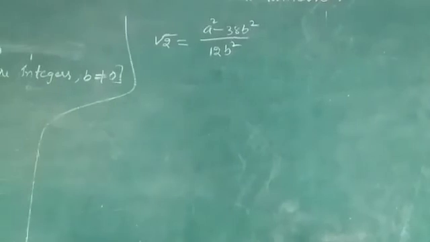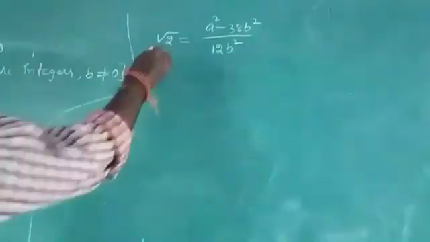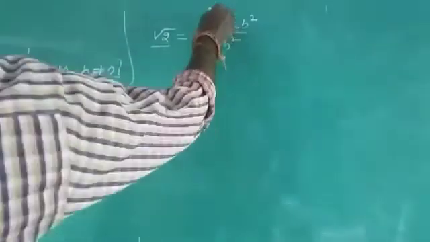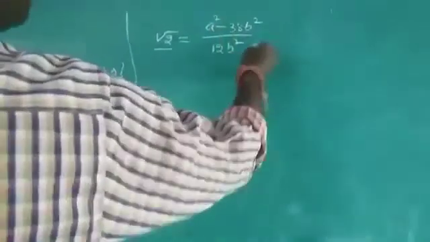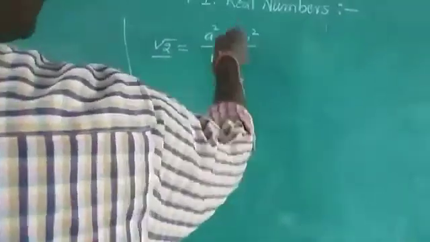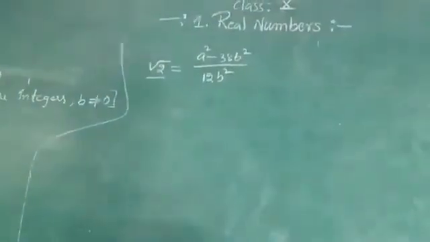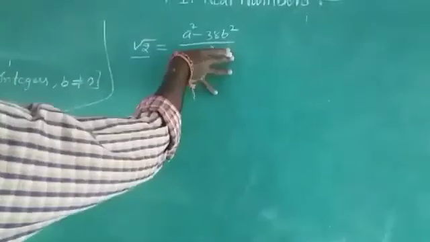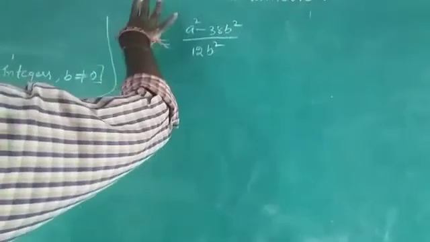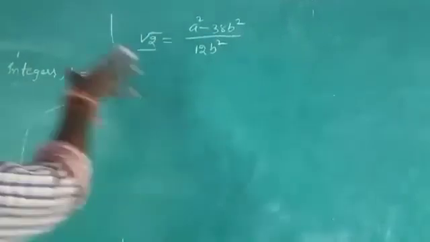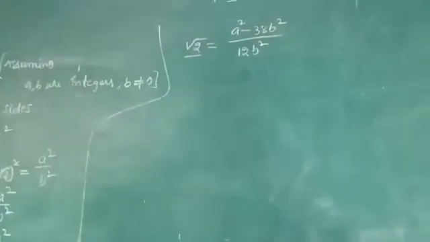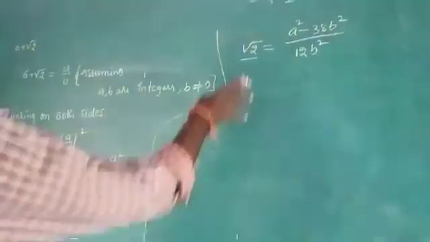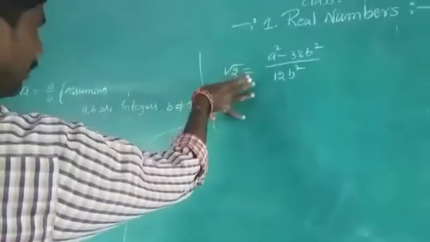See, we know that root 2 is an irrational number, but this is a rational number. It is there in the p by q form, or not? Means it is a rational number, so that should also be a rational number. Means our assumption is wrong. Therefore you can tell that root 2 is irrational.